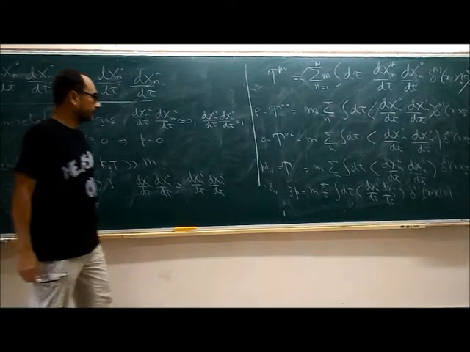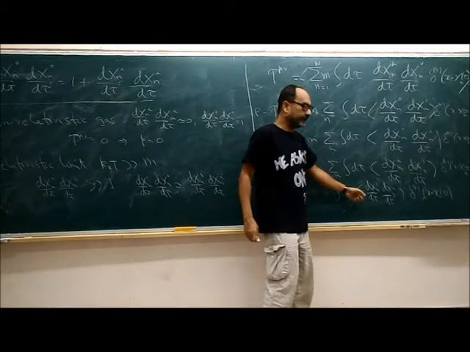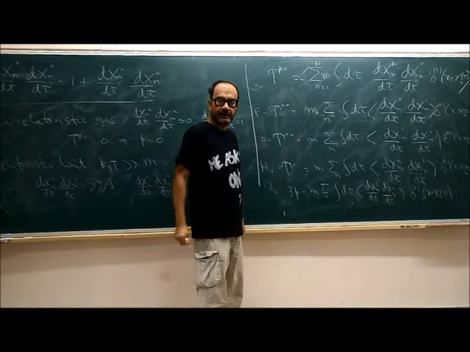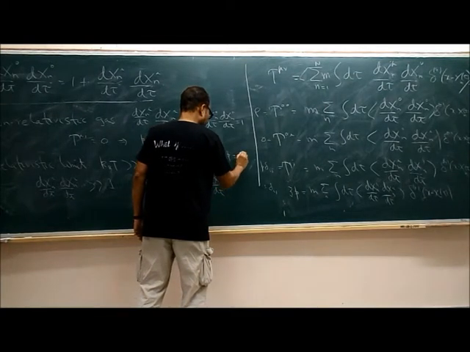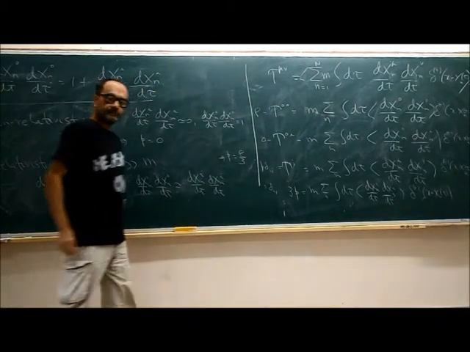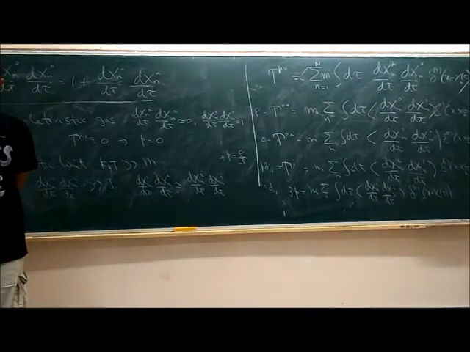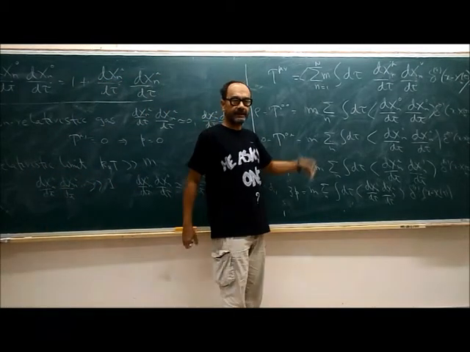So rho is 3P, because these are equal. There is a factor of 3 because you have to do the contraction. That's the angular average which gave this 1/3 factor. So this tells us that P equals rho by 3, which is something you are also familiar with from thermodynamics. A relativistic gas, the gas of photons, has P equal to rho by 3. But the gas of photons you can also treat this way. You can think of a gas of photons as a limiting case of this when it becomes ultra-relativistic.